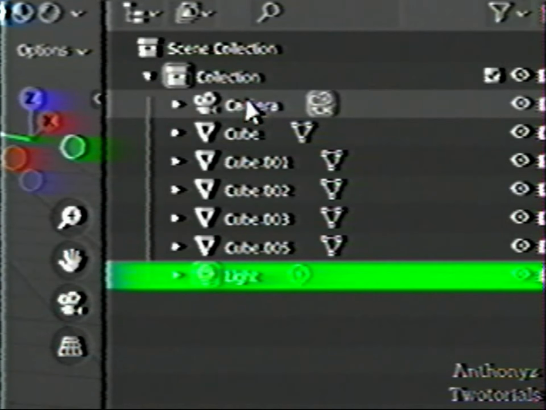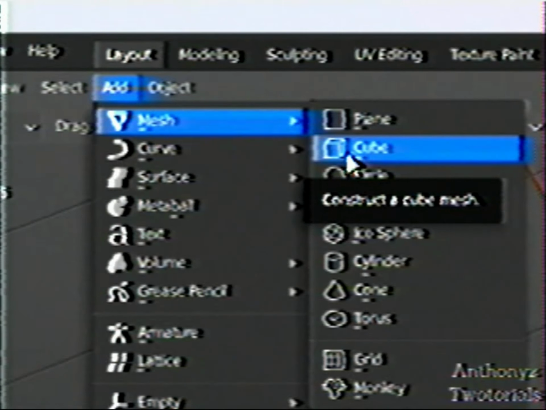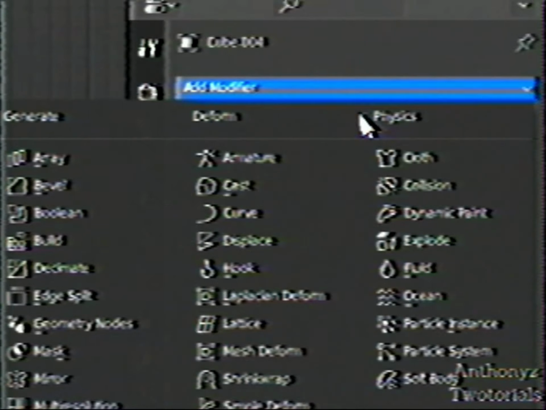Okay, so now it's time for the keyboard. So first, you're going to make sure you don't see these by going here and clicking the eye, and then go to add mesh cube, and then go here, go to edit mode, click on the top side, go to the X viewport display, and then put it about right there, and then go back to object mode, then drag it more up, and then now go here, go to the wrench thing again,